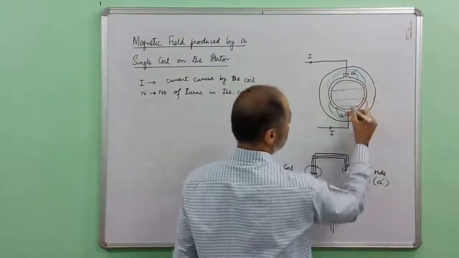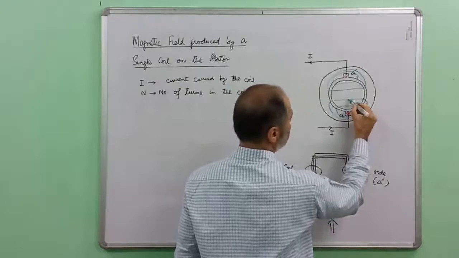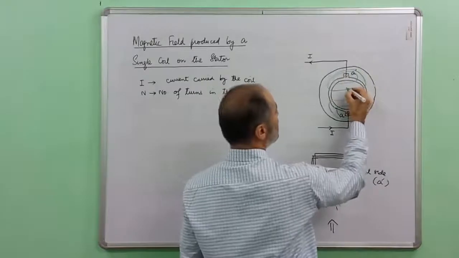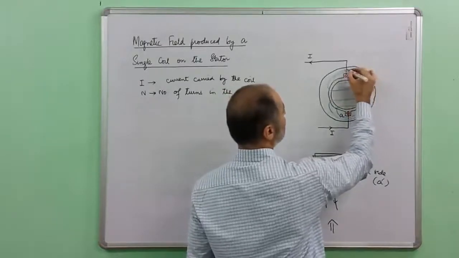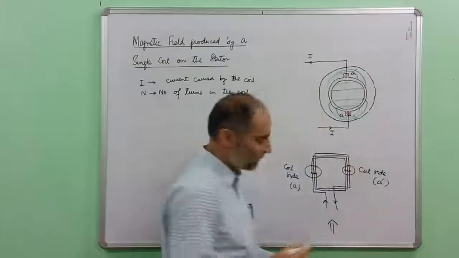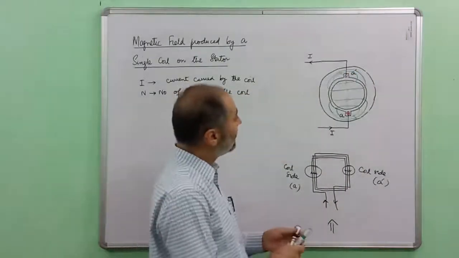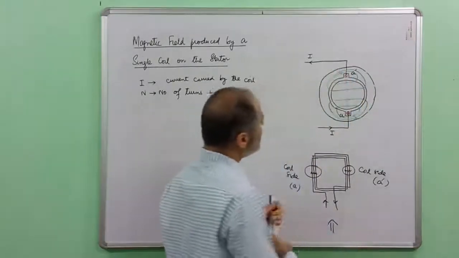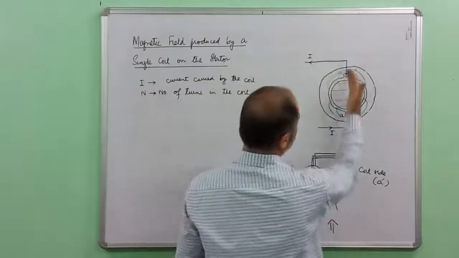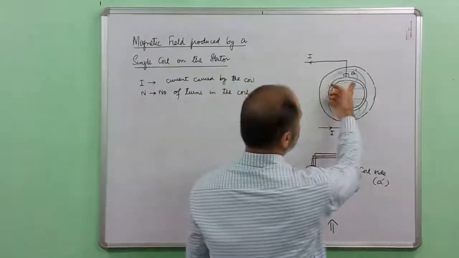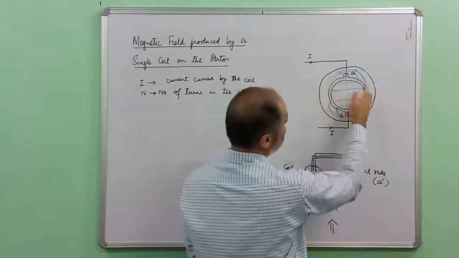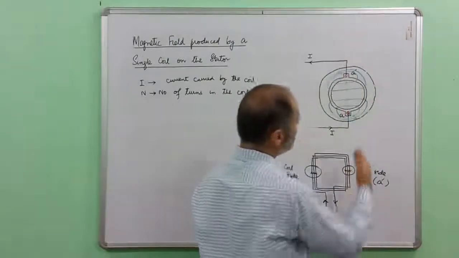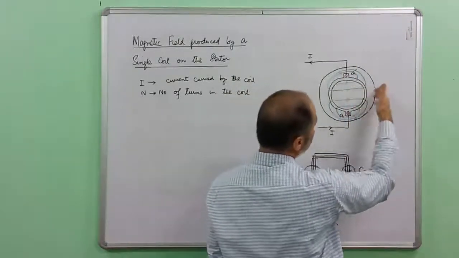The direction of flux will be clockwise here, so it will be like this, and in this part anti-clockwise. Now if we have a look from the air gap, we see that on the left half of the stator, the flux is coming out of the stator and entering the rotor. And on the right half of this machine, the flux is coming out of the rotor